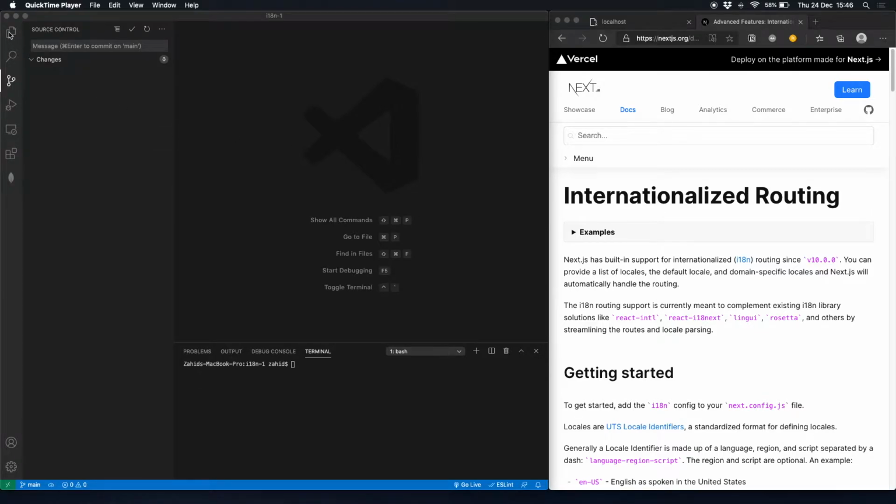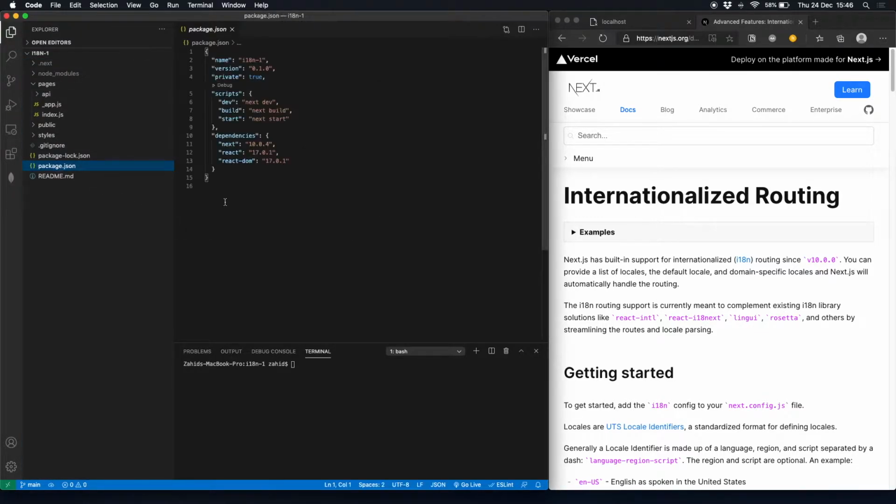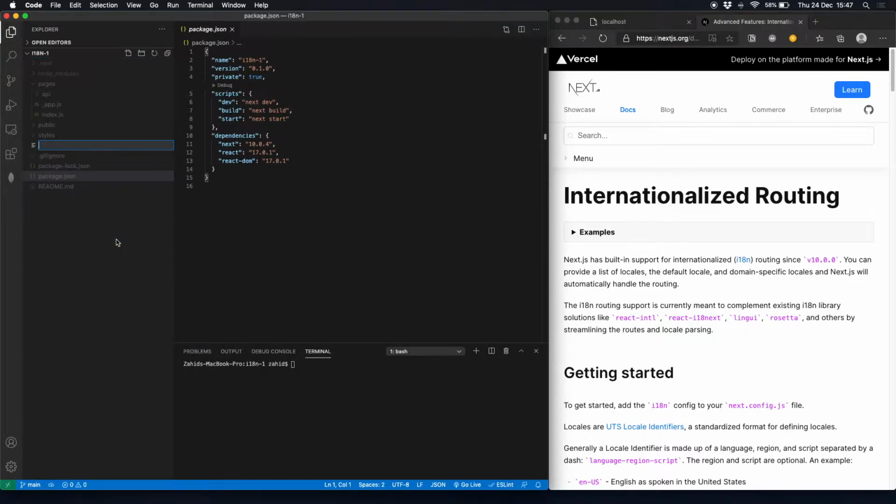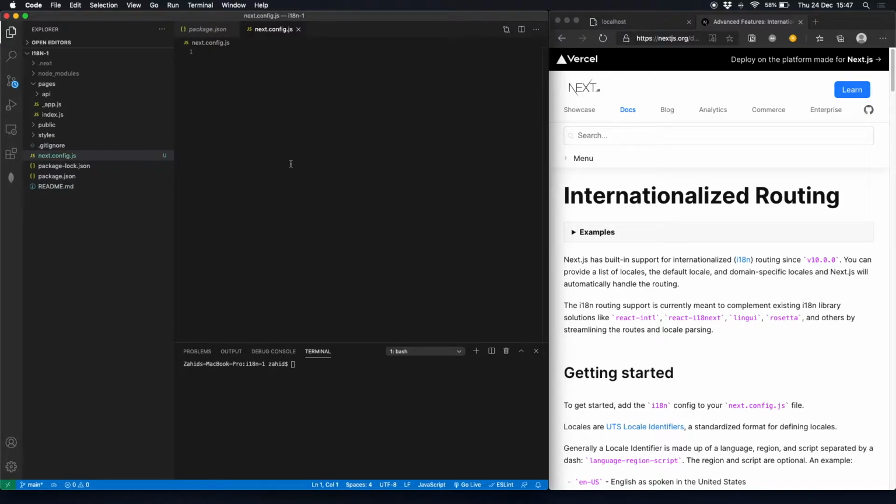On the left here, I have a blank Next.js application using Next version 10.0.4, and in order to get started with internationalization, we just need to make a few changes to our Next config file. Since this application doesn't already have a Next config file, I'm just going to go ahead and create one. So we create a new file in the root and we call it next.config.js, and inside here we're going to do module.exports, and that's going to be an object with a property called